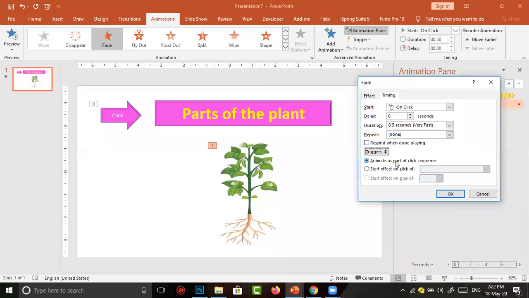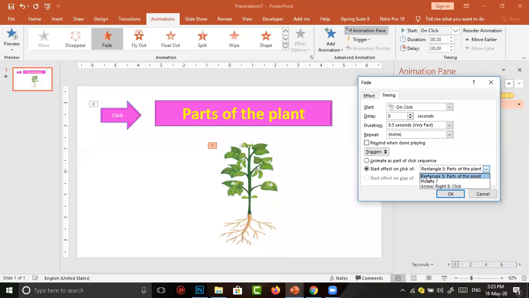Then 2 options will be enabled. One is animate as a part of click sequence. The second one is start effect on click of. Now I am going to click on start effect on click of. Just listen to what I am doing. After clicking at this circle, here something is shown. Here is a down arrow. Just click on the down arrow.